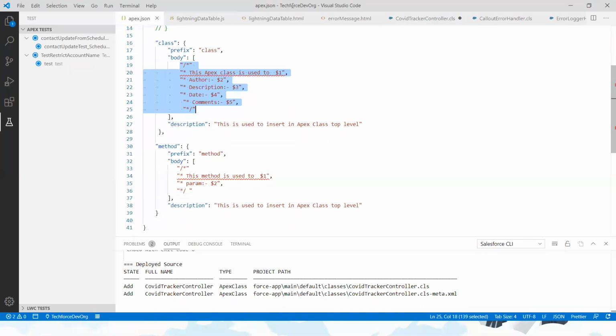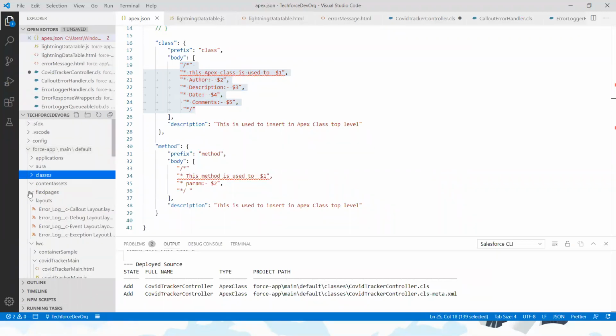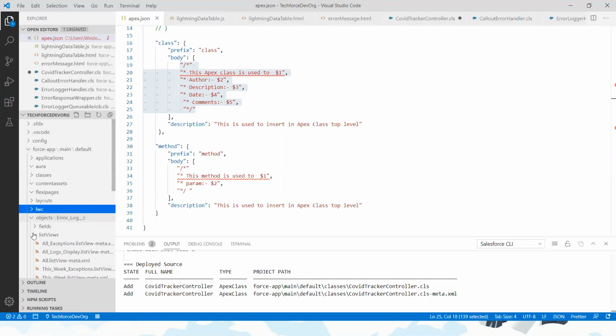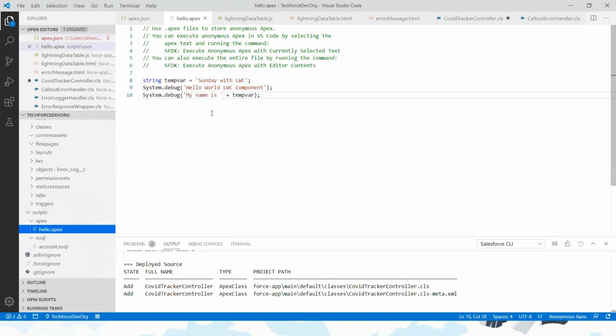So then the next one, what I want to show you. If you go here to the files, under the scripts, here we can execute our Apex class method, or even do some code logic, and then we can execute it as we do in the developer console, right? So in a similar way we can approach it here. So this is the one.